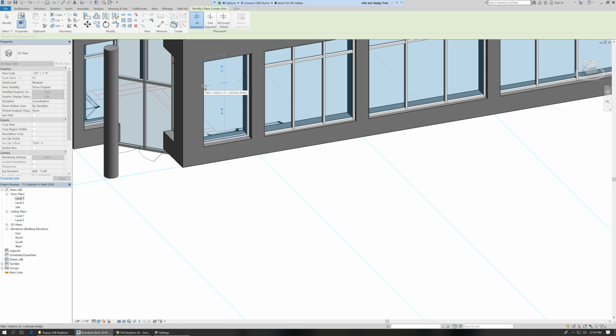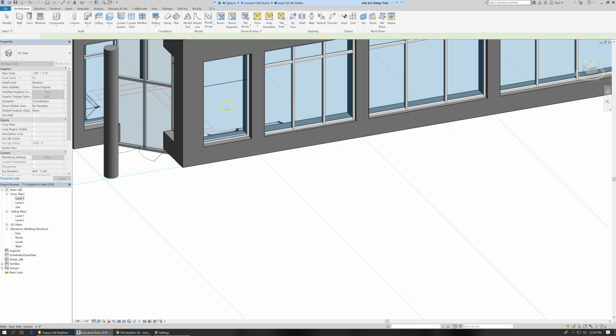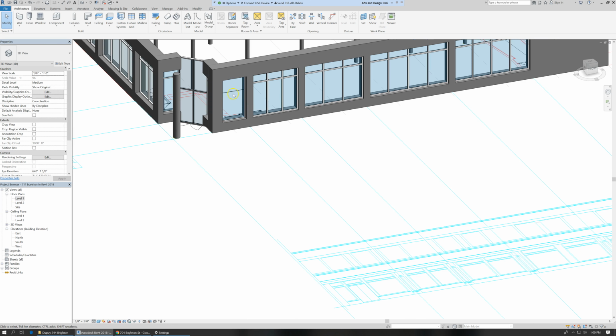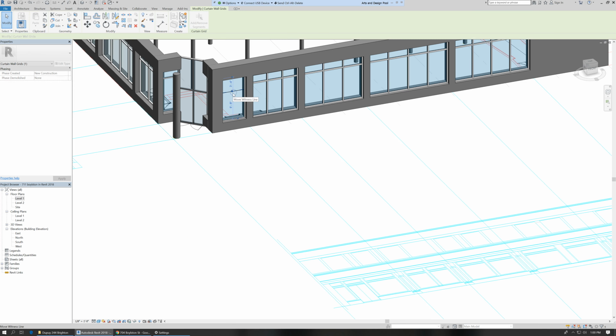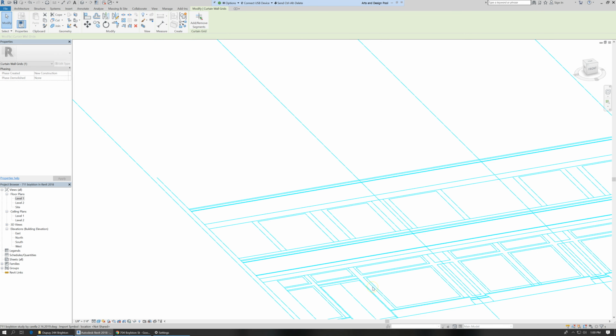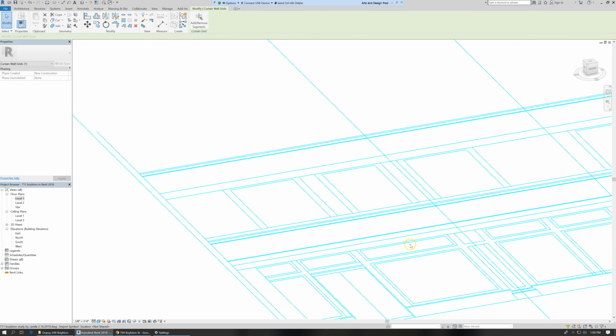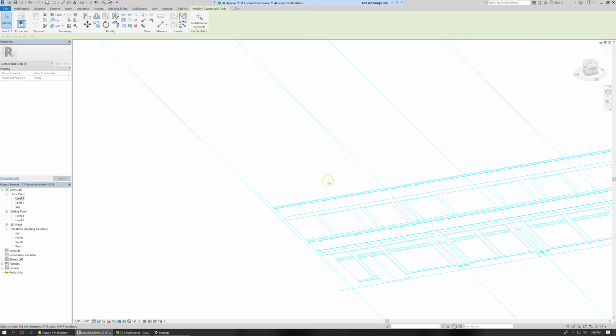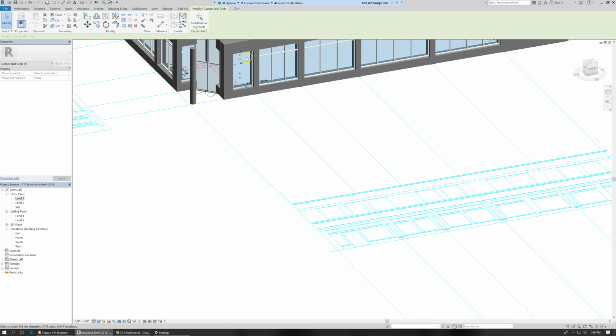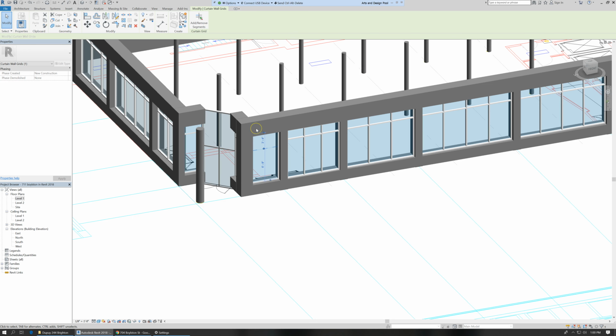You can either draw a horizontal or a vertical grid element. In this case, I need a horizontal one. And I need for it to be, I'm going to say visually it looks like about 18 inches, 20 inches from the top. So if I change this value to 20 inches,